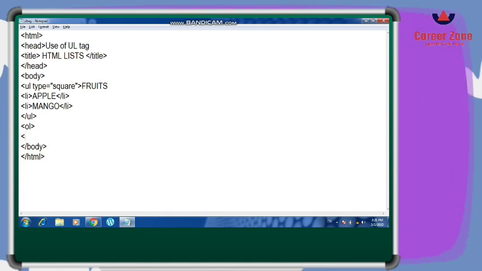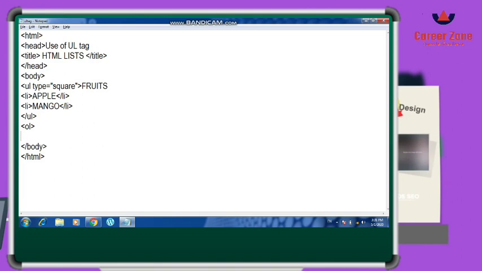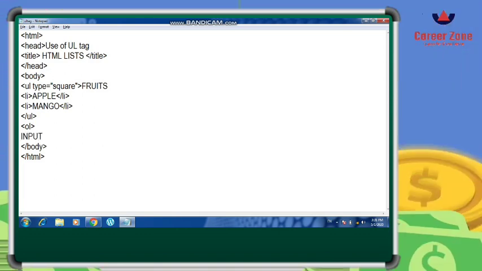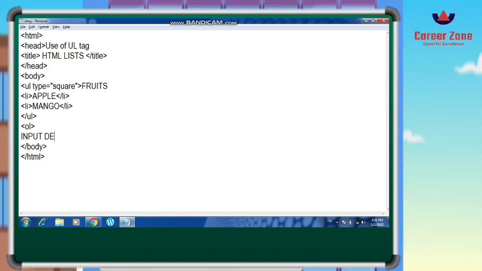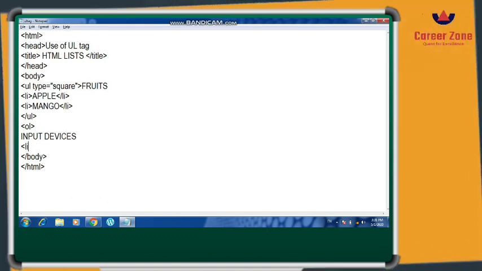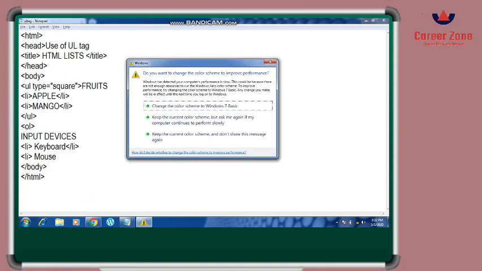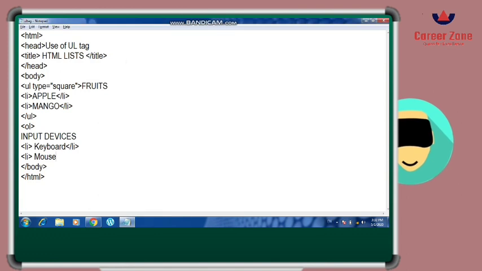Suppose I have written input devices as heading, and then I'm starting the li, I will write keyboard, close the li, open the line item again, mouse. As many line items as you want you can write, there is no boundation.